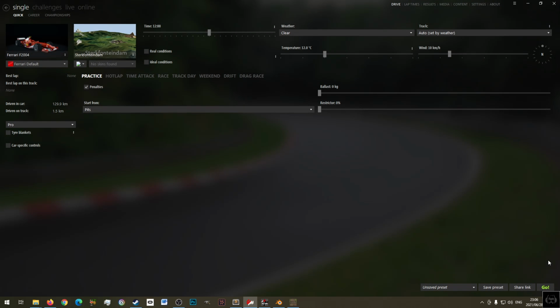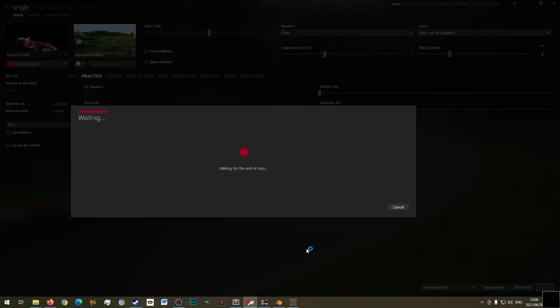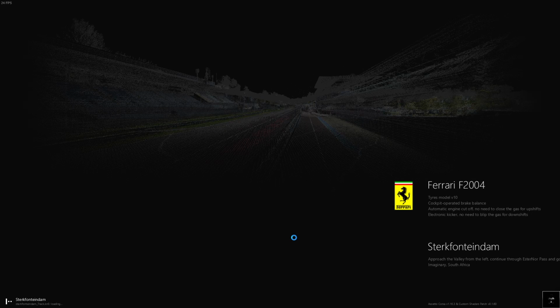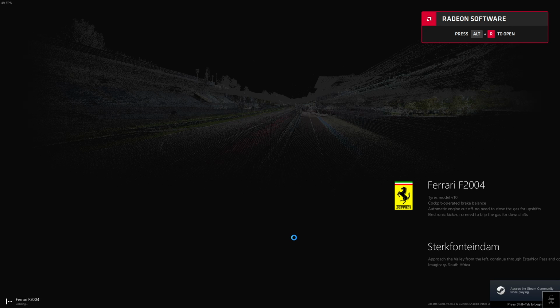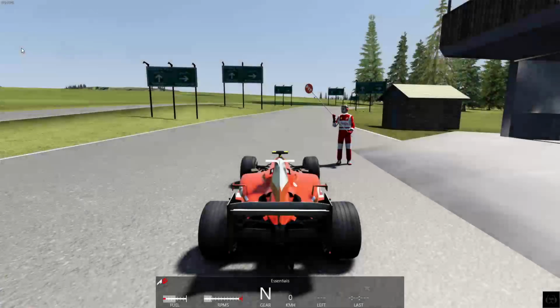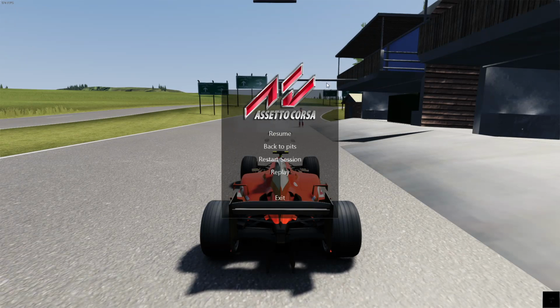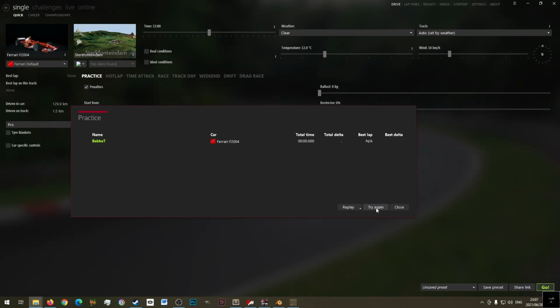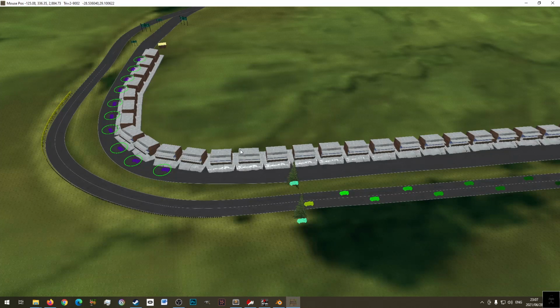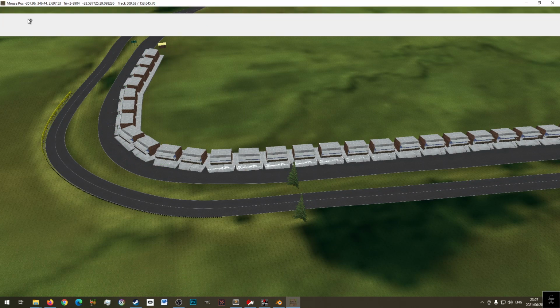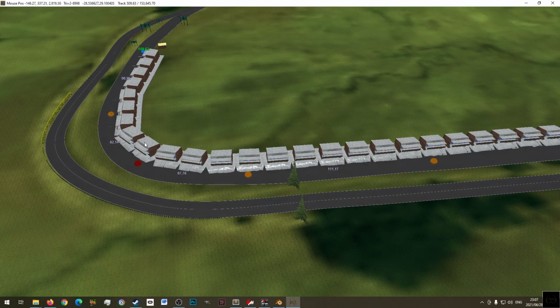Start container. Even without the pit line and the fast line, it should show that box. And it still doesn't show that box, so